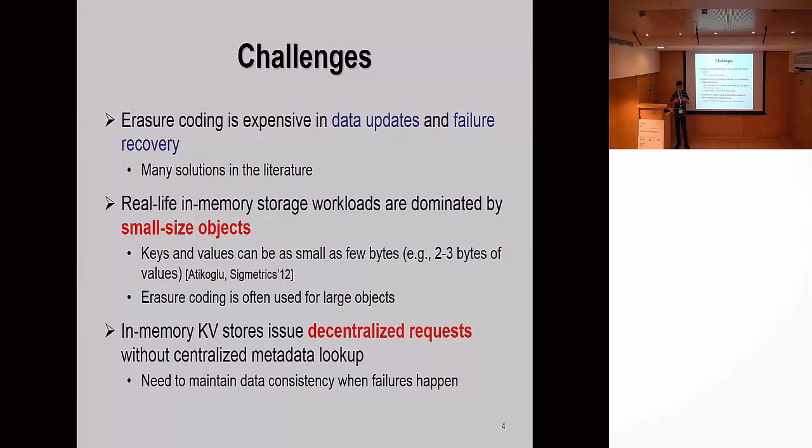But when we deploy erasure coding in in-memory KV stores, we face additional challenges. The first thing is, we find that in real workloads for in-memory KV stores, the object size is usually very small. These keys and values could be as small as just a few bytes, maybe 2 or 3 bytes for the values. That has been shown in a Facebook field study in the SIGMETRICS paper. Typically, erasure coding is used for encoding large objects. You have one object, you chop it into k chunks, and then you do the encoding. But if you just have values of 2 or 3 bytes,